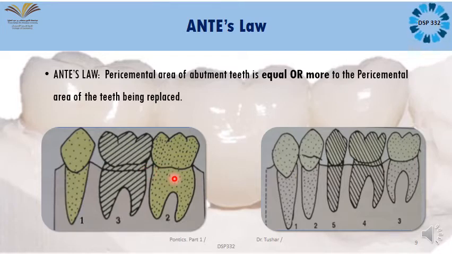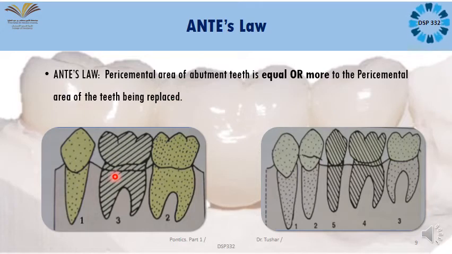So if this has pericemental area 3, automatically here also it will be 3, right? So the abutments' pericemental area is 5, and it should be either equal or more, that means 5 or more than 5,